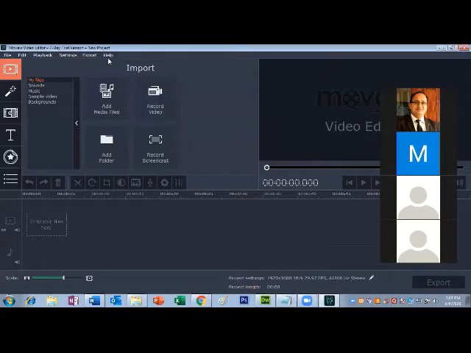Next, the recording part through the screen recorder. This screen recorder will not work properly because it is only available in the paid version. There are a lot of free, open source screen recorder software on Google, and those are very light, not heavy. You just search Google for screen recorder and download it. You can use it for recording your complete screen.